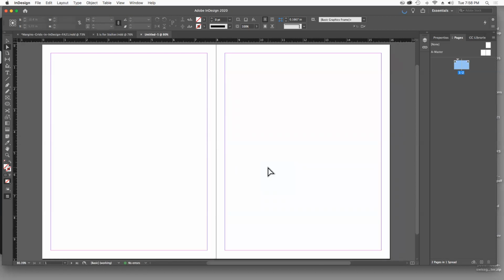There you go. So I've started a document. My margins have been customized. I've also created a grid just by doing this. These are two one-column grids. If you ever want to do something